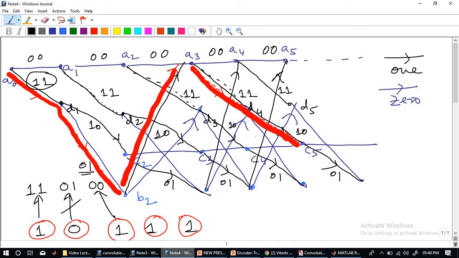Now it has traversed from A3 to D4. This is 1 1. And again it has come from D4 to C5 and the corresponding weight is 1 0, so your output is 1 0. So basically using this technique in a consolidated manner, though still a portion is left, at least for the encoding part we can form a tabulation of this nature and we can find a code trellis. This is what we call the code trellis.